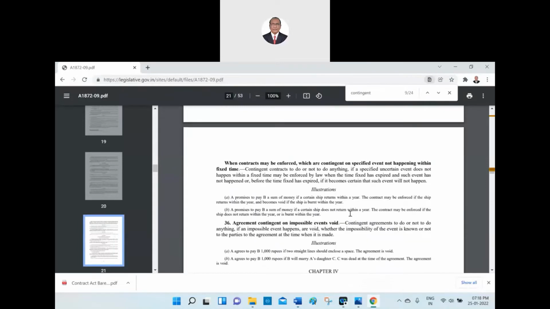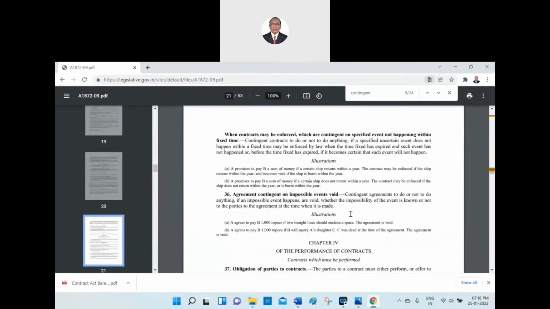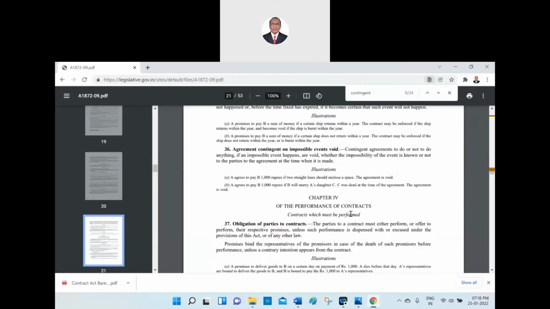Here, 35(1), the example, let us see that. A promised to pay B a sum of money if a certain ship returns within a year. Well and good. That is the condition. The contract may be enforced if the ship returns within the year, definitely, and becomes void if the ship is burned within the year. Suppose the ship is burned within the year, that becomes impossible. Is it or not? Yes, sir. When it becomes impossible,